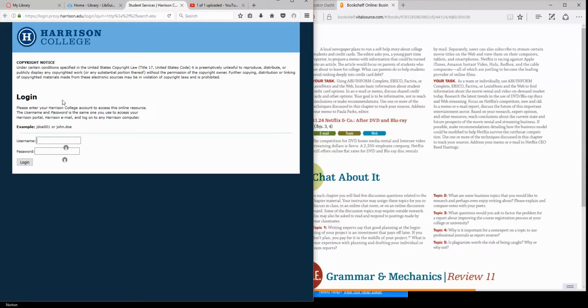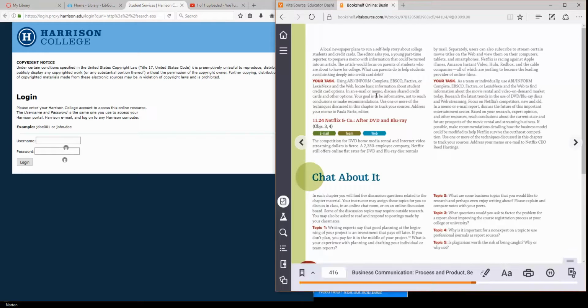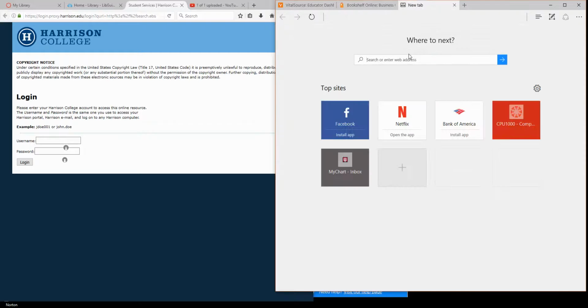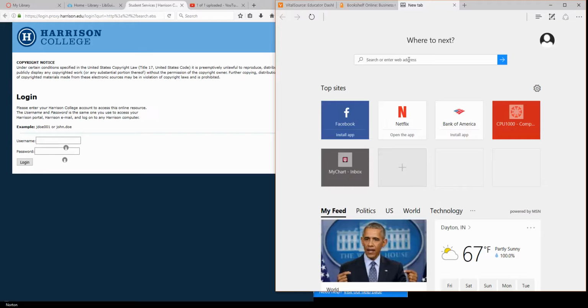Okay, so that's how you get into and check Harrison's. I would check Harrison first and see what they have. Evidently, they have EBSCO, which is this one right here. EBSCO is really good and can help you with that information. Okay. All right, so I would try our library first before you go online to the web. All right. If you just really have a love affair with the web and you need to go,